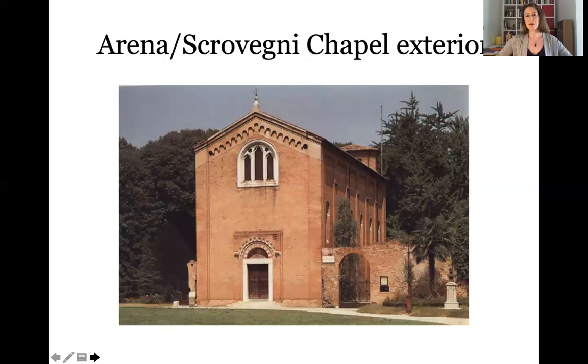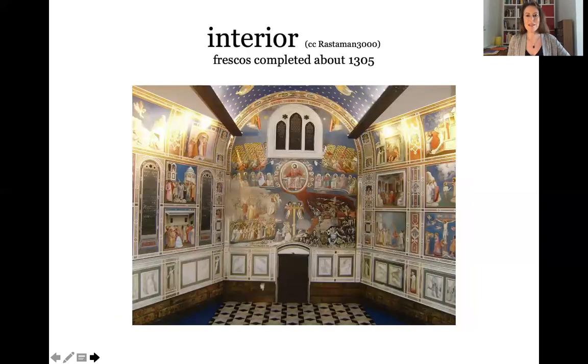And this is our main location for our discussion of the Scrovegni Chapel, as it's sometimes called, or the Arena Chapel, as it's also called, because it's located close to an ancient Roman arena in Padova. And it was built by the Scrovegni family, so thus the two possible names for this place. We'll be entering into it virtually today. So here we are inside, and I like this photo because it gives a sense of the whole.